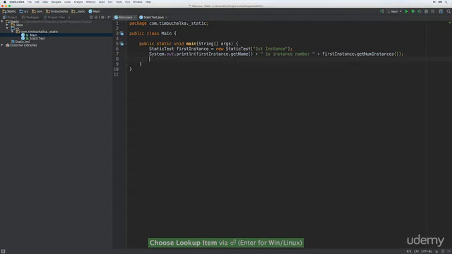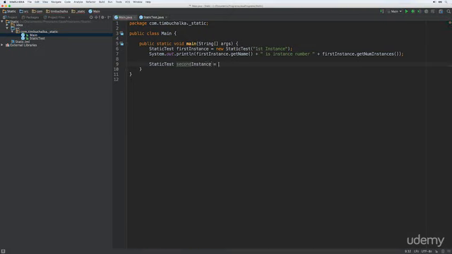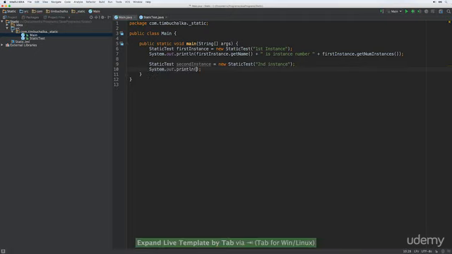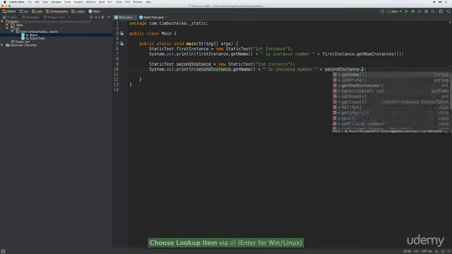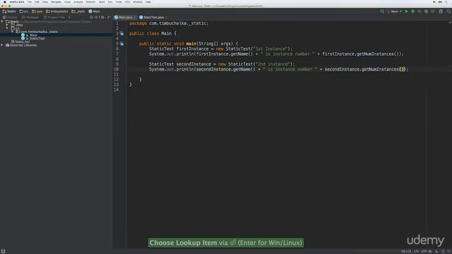So, and then we'll do static test second instance equals new static test. It's going to be second instance, and print out second instance dot get name plus is instance number plus second instance dot get num instances. Like so. Now, if we run this,